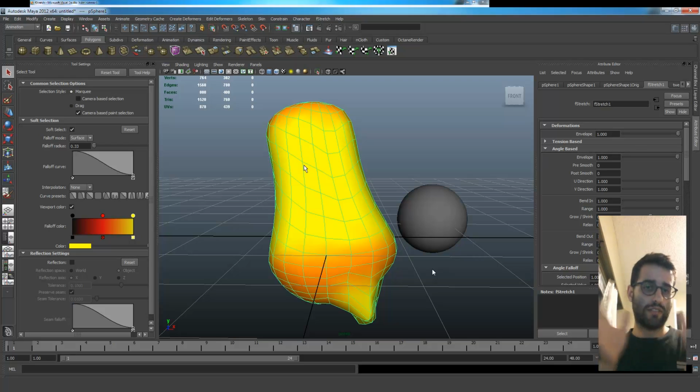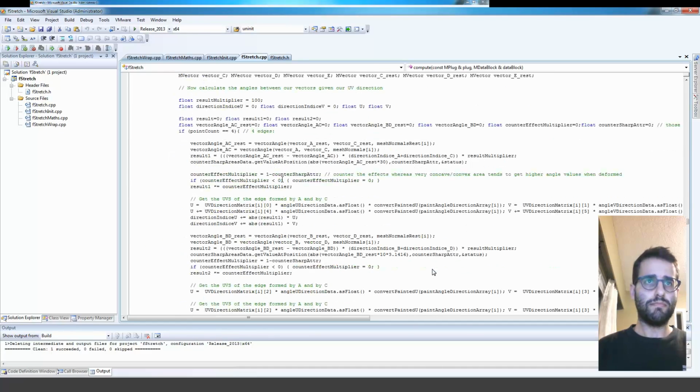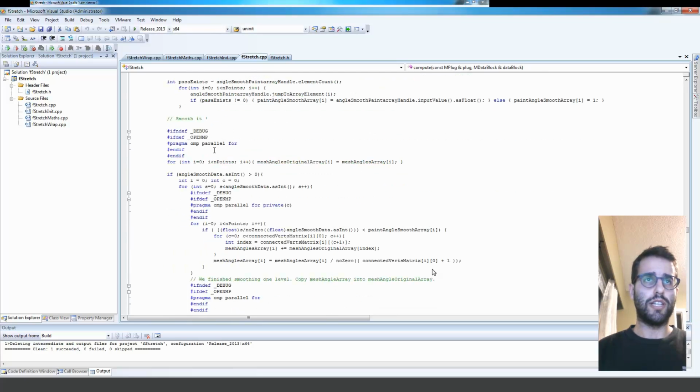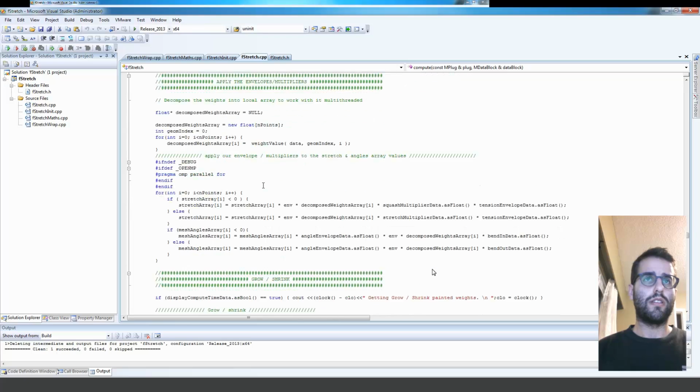Same old stuff, but with angle instead. Here, just smoothing the angle. Now it's multiplying